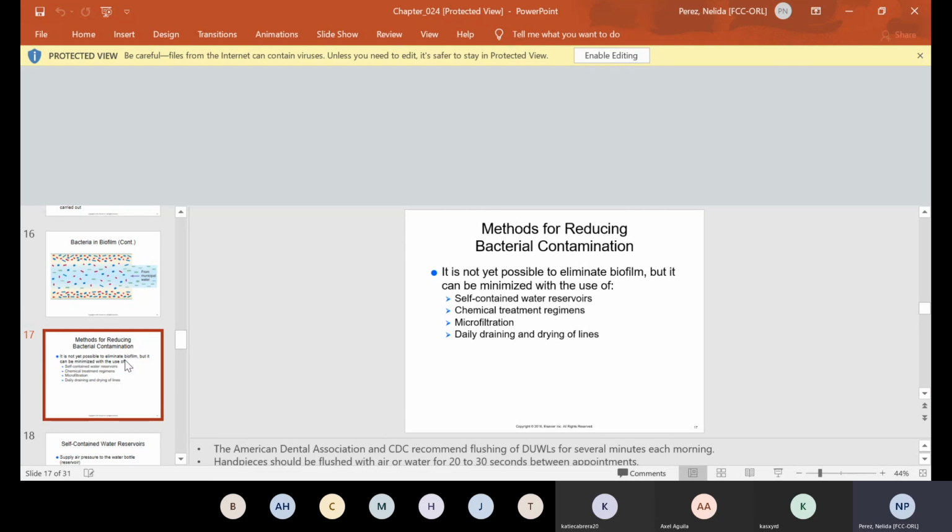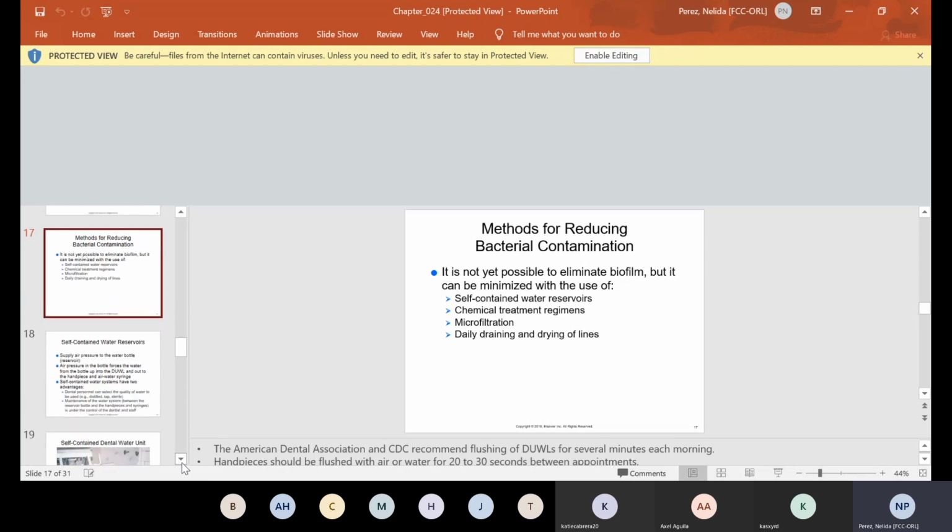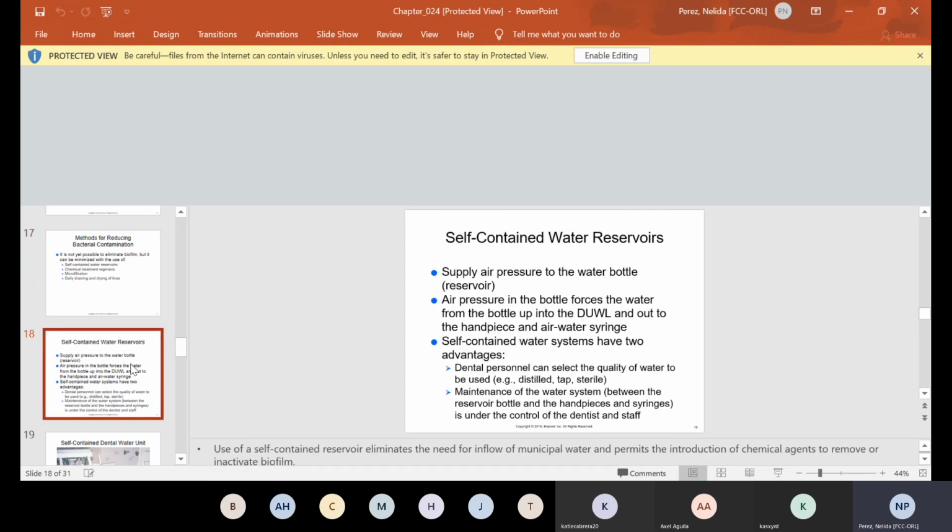Now, the methods for reducing bacterial contamination. Again, it is not yet possible to eliminate it, but it can be minimized. So self-contained water reservoirs, we have that. Chemical treatment regimens, we have that. Microfiltration, we have that also. And daily draining and drying of the lines. And hopefully, when I teach you, you guys are doing everything correctly, so we don't have this problem